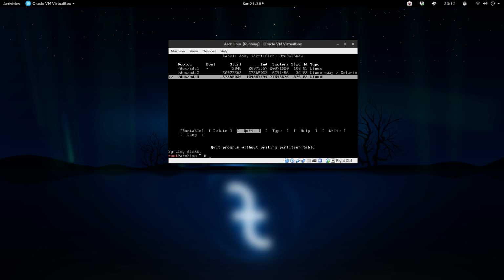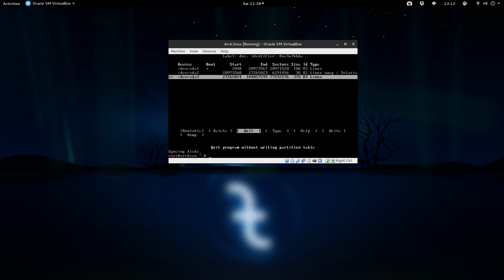The next thing we need to do is determine a file system. Now the most common one, and the one that the Arch Wiki suggests, is ext4, but you can do Btrfs, or you can do ZFS, or any other file systems that you want, but I would suggest ext4.